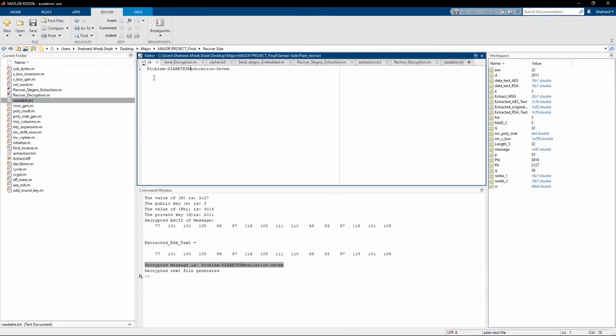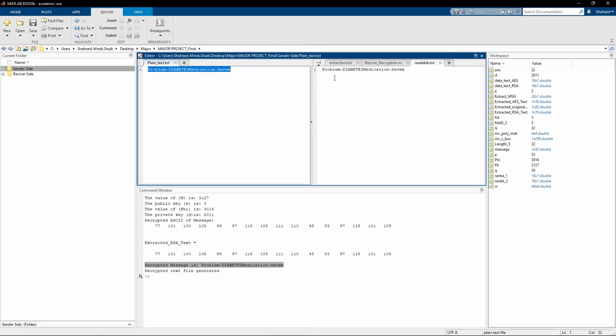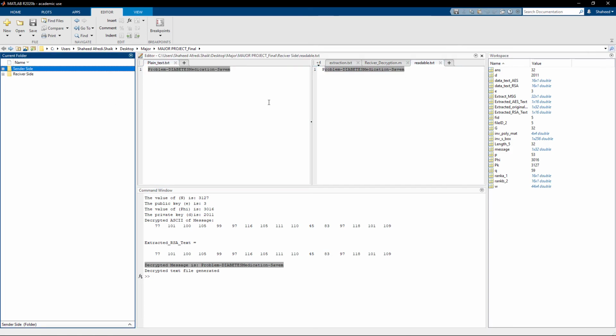If observed, the plain text and the readable text, the original secret text and the decrypted text, are the same, meaning that the proposed system is a lossless system, and the functionality of this module is quite inverse to this module, making these two modules inverse to each other. That is, these two modules are reversible to each other, thereby justifying our project title, Lossless and Reversible Data Hiding